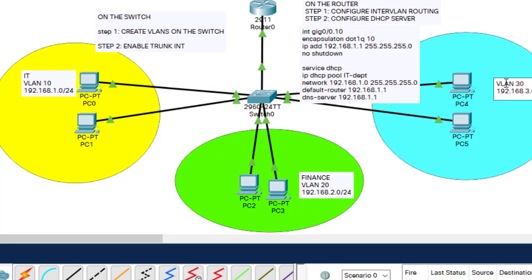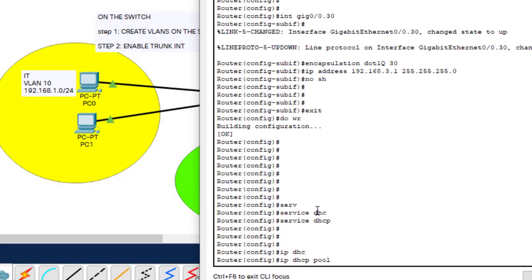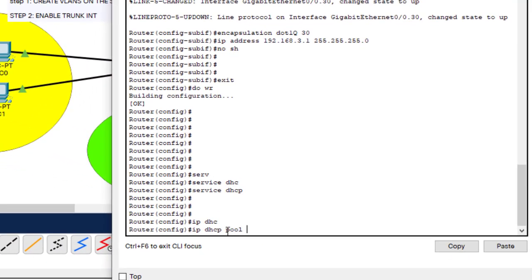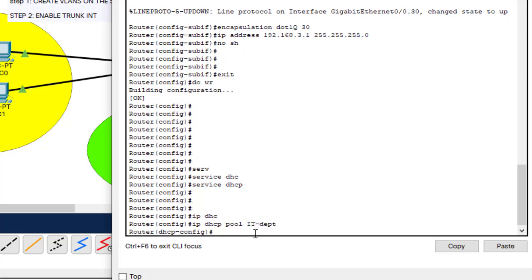And finally this is HR. Okay, I go to the same router. IP DHCP pool IT dept, hit enter. Then what do you do? Network. You assign them this network. Okay, network